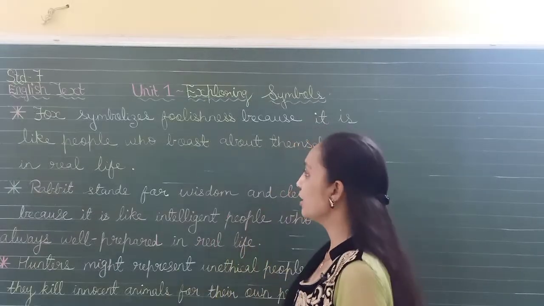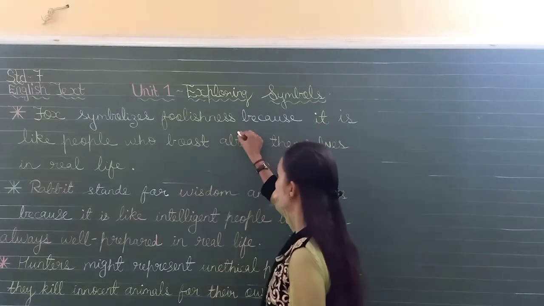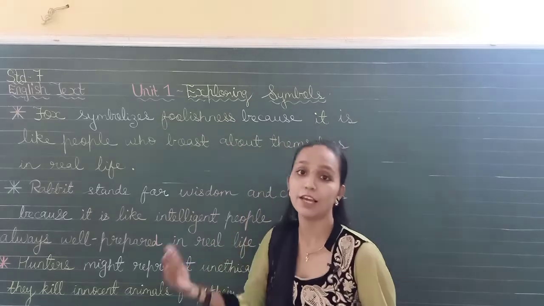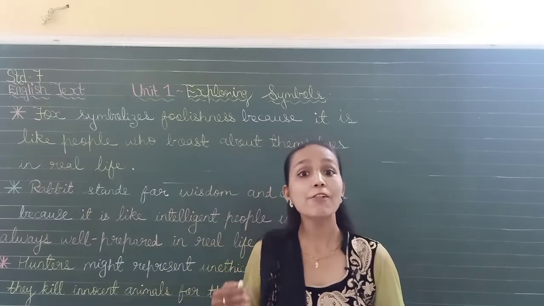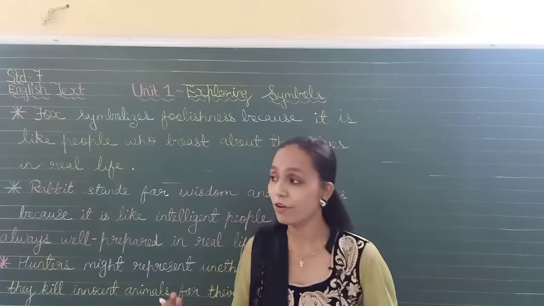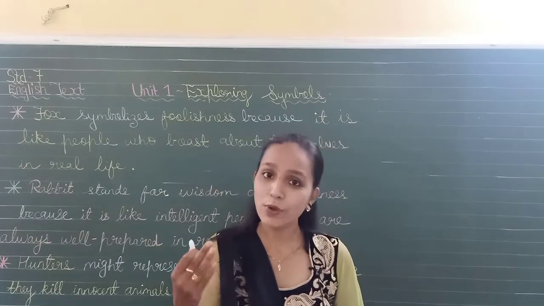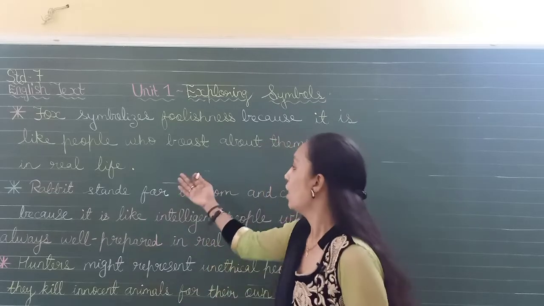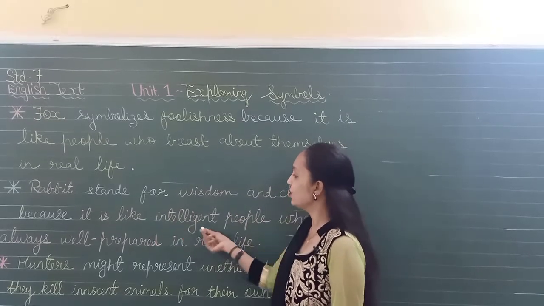Okay, so after listening to the story, you must have understood that the fox symbolizes foolishness because it is like people who boast about themselves in real life. These people are continuously boasting, self-praising. So the fox symbolizes foolishness. He had 100 ways, but when the turn came to use his way, he could not even utilize one of his ways. The rabbit stands for wisdom and cleverness because it is like intelligent people